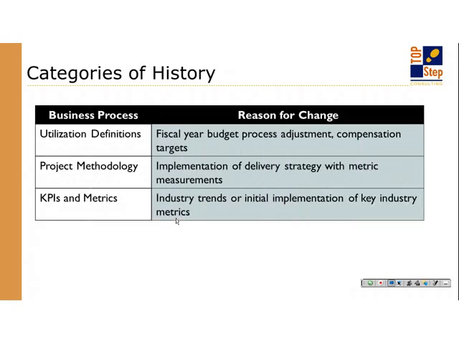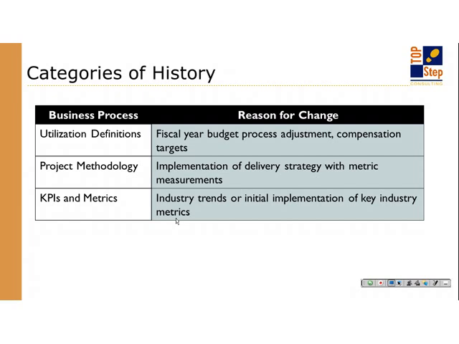In the business process area, utilization definitions, why would you ever change those, or why would they change? A lot of times utilization is a key factor in doing your fiscal budget year planning. So I need to have a revenue target of, you know, $2 million. So I have these 10 resources. How do I make them reach a billable level? How can I make sure that I'm not overtaxing them by saying 39.5 hours a week have to be billable, and you get a half an hour to do your timesheet? So what is realistic for the company, and the hiring methodology and the utilization definitions may be defined based on that,